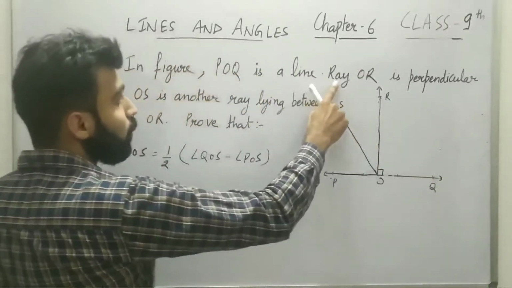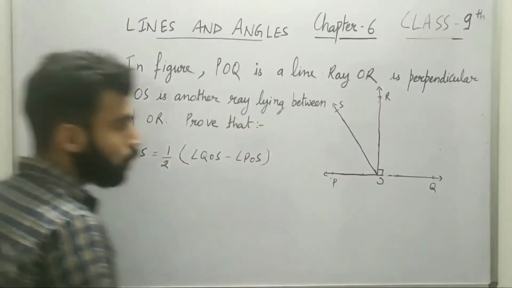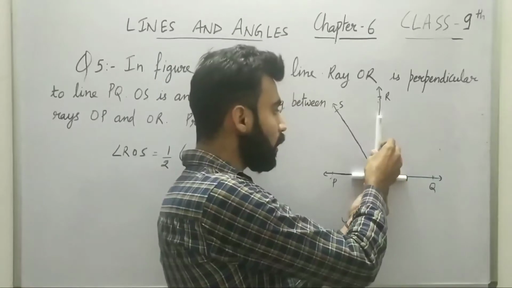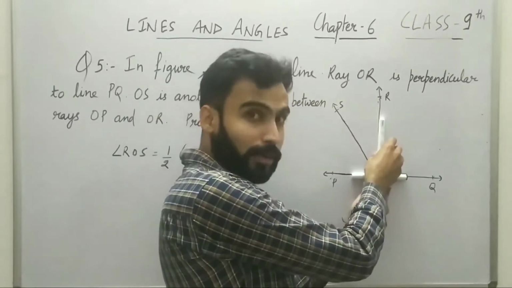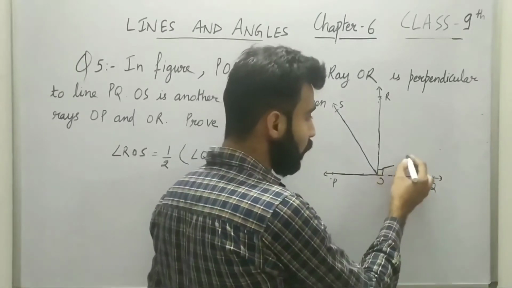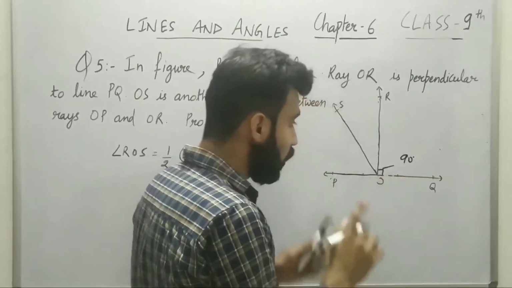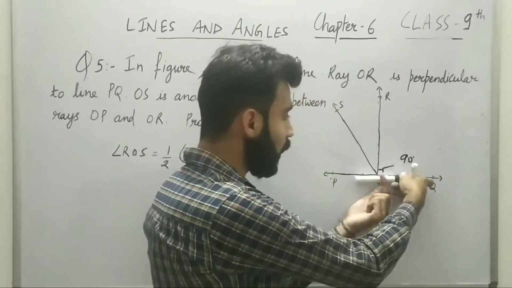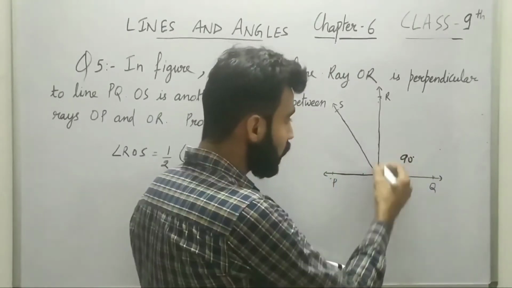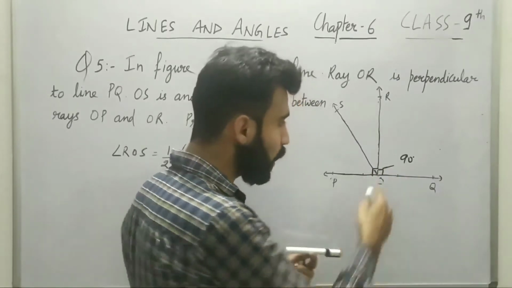Now further, ray OR is perpendicular to line PQ. So if you see that this is a straight line here, and ray OR is standing on it perpendicular, that means they both have an angle of 90 degrees between each other. Getting my point? So this angle is given to us as 90 degrees. Now you know that this is a straight line, so the whole angle is 180 degrees. So if this angle is 90, then definitely this side will be 90 degrees, because 180 minus 90